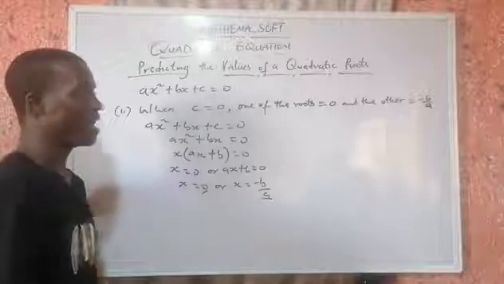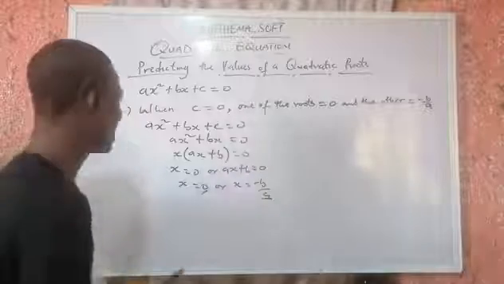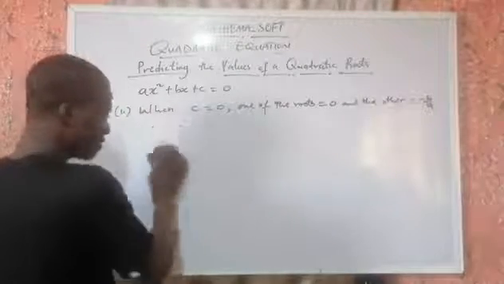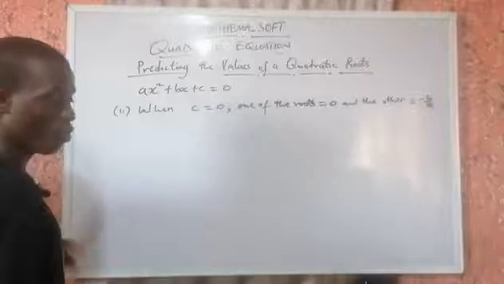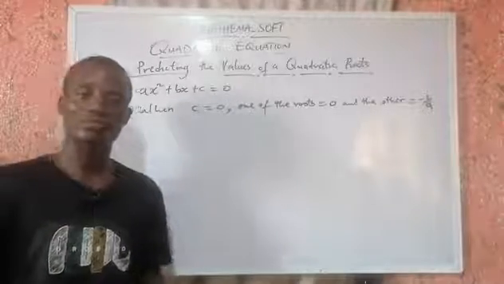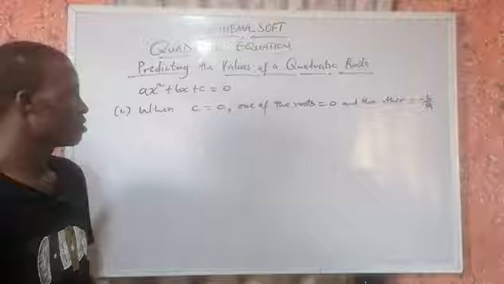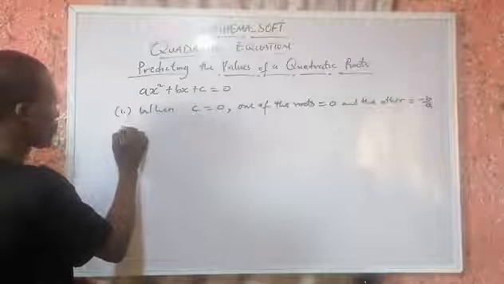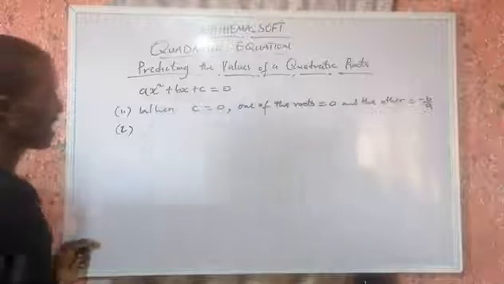And the other will be minus b over a. So this can actually be helpful for you when you are writing an examination or when you are into competition. You can easily get your answer. So the other one I want to show you, which is the second one, that can help us to predict the values of a quadratic root,